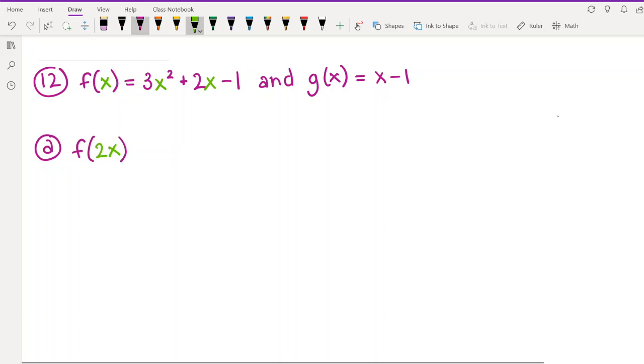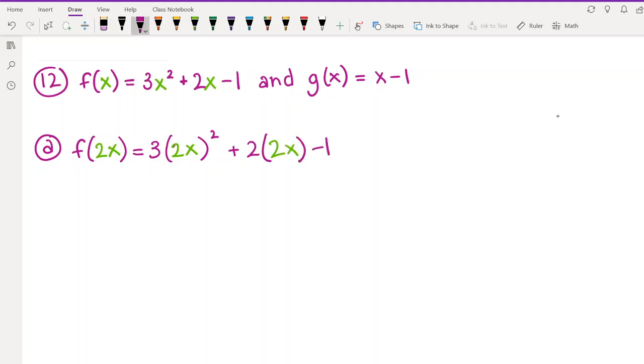The only thing we have to be careful about here is our use of parentheses. Whenever you're substituting something that isn't just x or a positive number, you want to put parentheses around it. So here we'd say 3 times, in parentheses, 2x squared. This function is supposed to take x and square it, so whatever you're plugging in, that whole thing needs to get squared. And then we have 2 times 2x